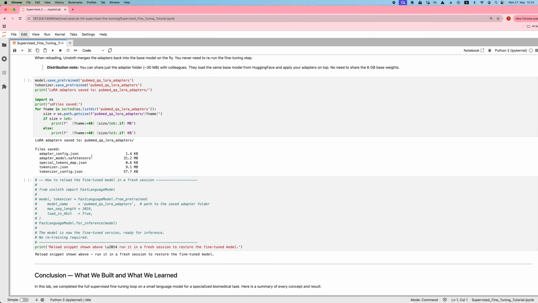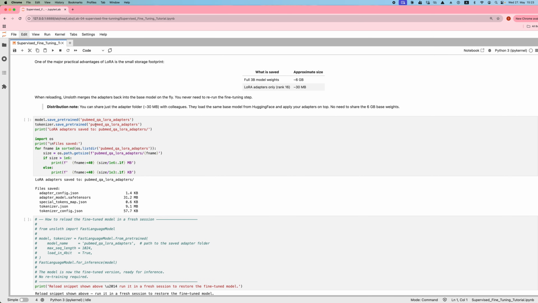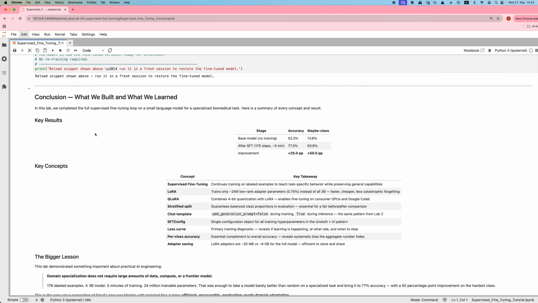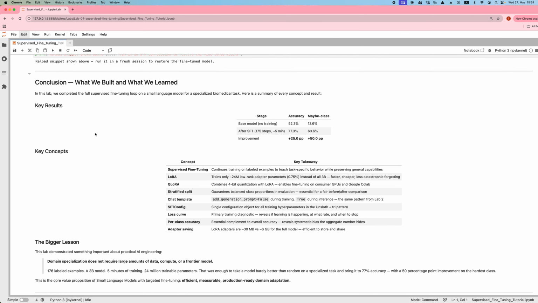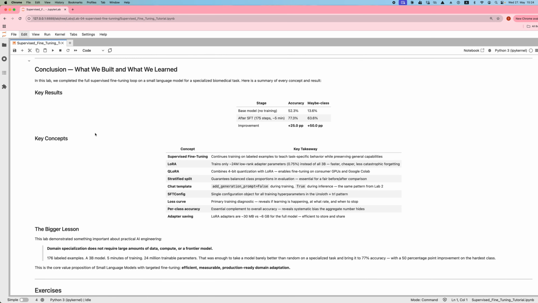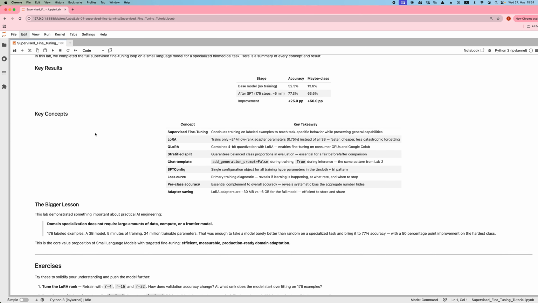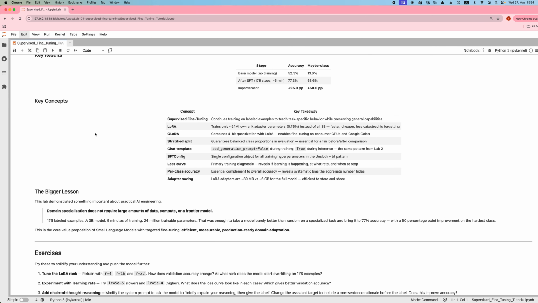In the next lab, we are going to use this adapter that we have saved here and mount it on top of the base model to be able to run it locally. So we have learned a lot of topics. It's been a long lab. I assume that at the end of the lab you would have a lot of information mixed. But I highly encourage you to repeat this experiment that we have done here, and try to examine the code